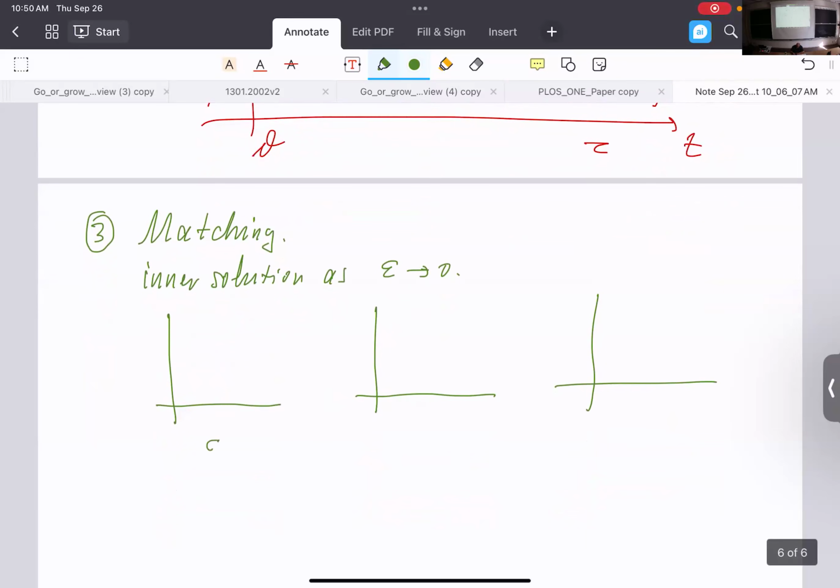If epsilon is positive, the large number in the inner solution is kind of here. And if epsilon gets smaller, then this inner region becomes smaller. So as epsilon is very close to 0, as seen from the inner solution, this value corresponds to the limit as theta goes to